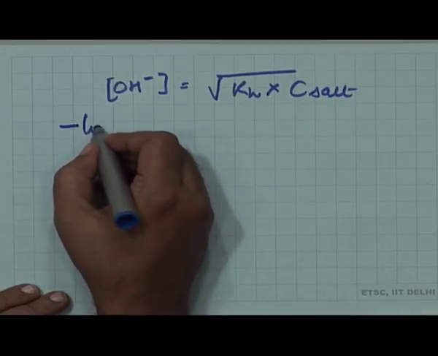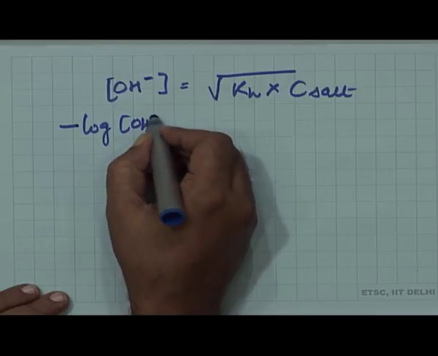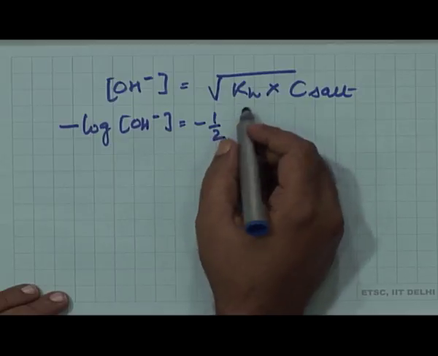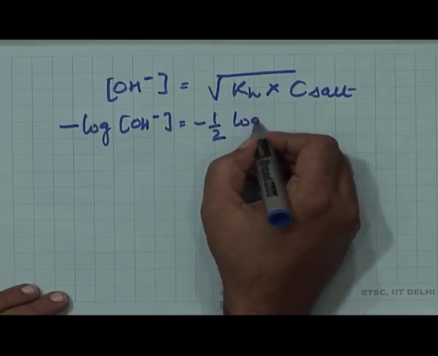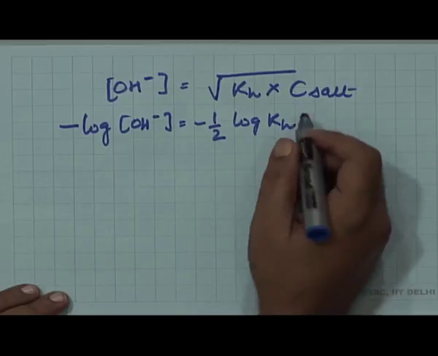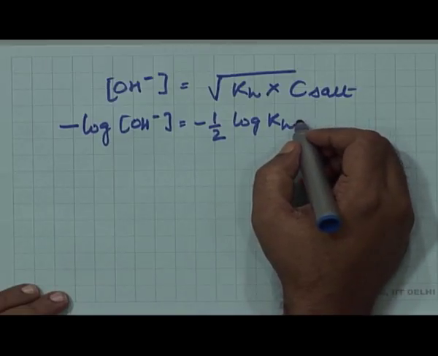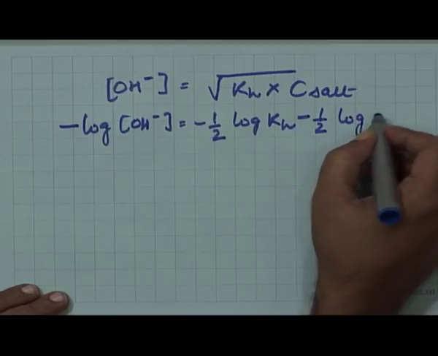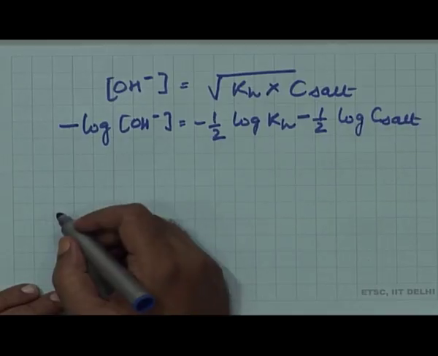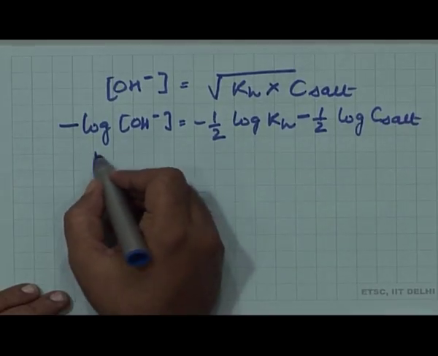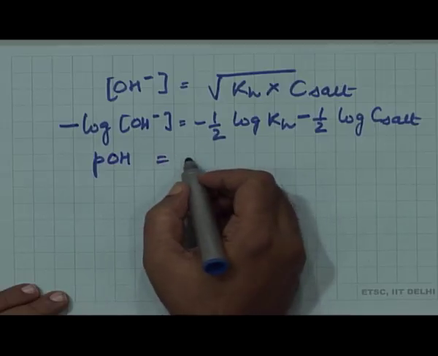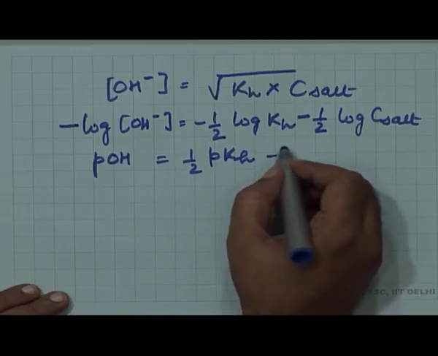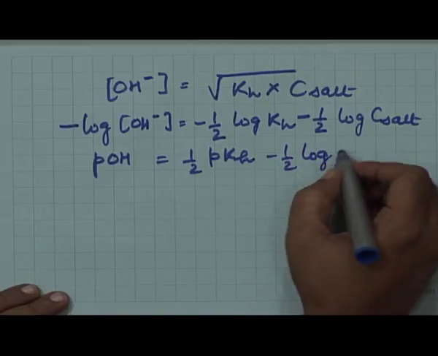So, let us take minus log OH minus ion concentration is equal to minus half log Kh minus half log C salt, and this is pOH, and this is equal to half pKh minus half log C salt,